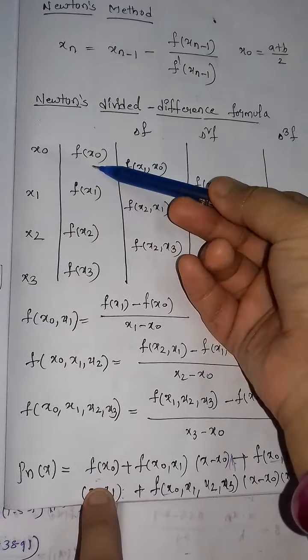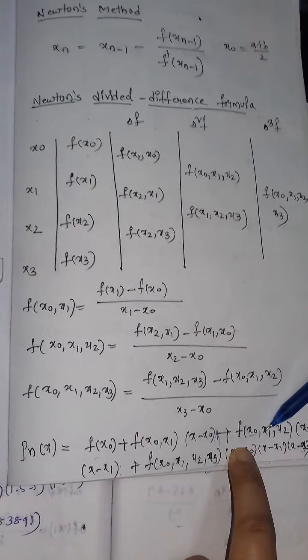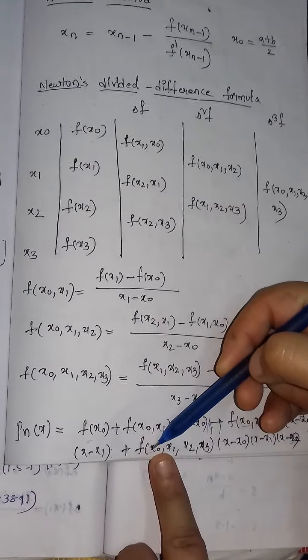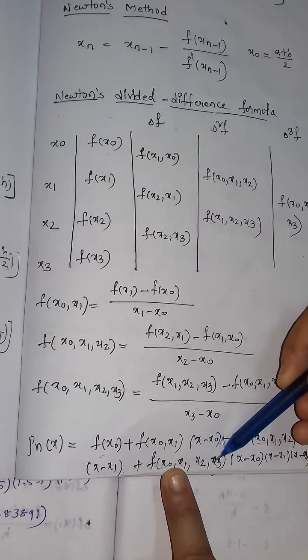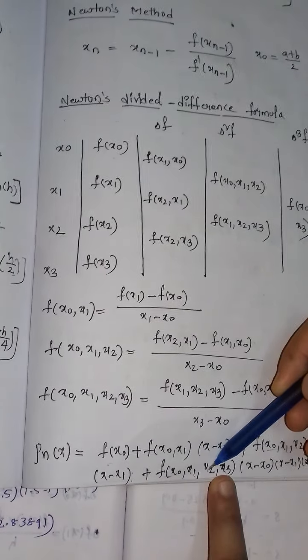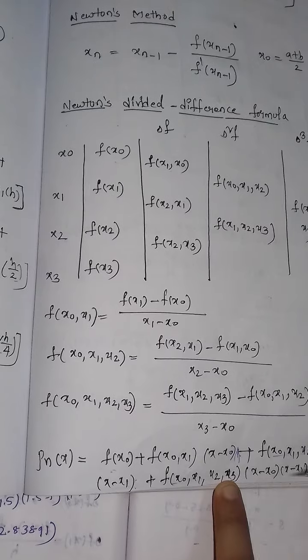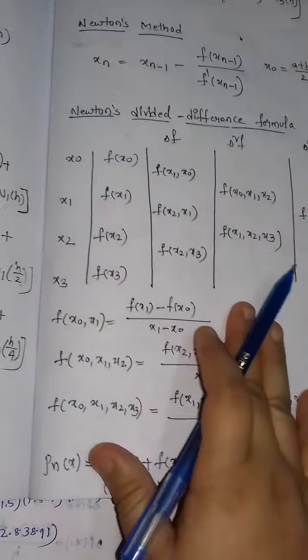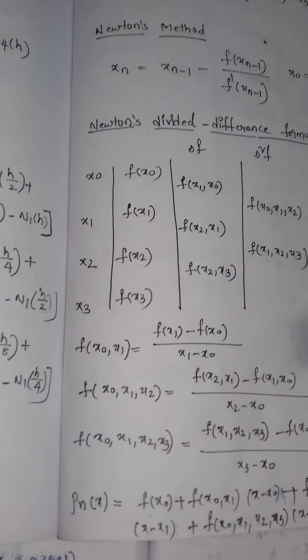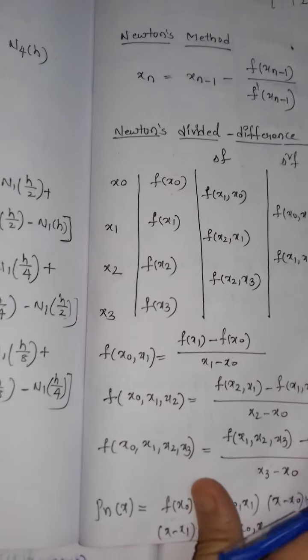For this, leaving one value, and for this there are three: x0, x1, x2, so we will use these two values, x minus x0, x minus x1. Now here there are x0, x1, x2, x3, so use these three values, leave one value, that is x minus x0, x minus x1, x minus x2. Now you might get a question: what is the x value? It will be given in the question. Okay, by this we have done Newton's divided difference formula.